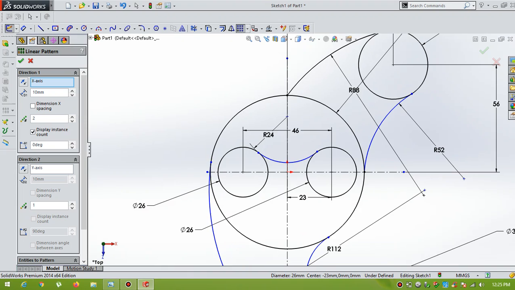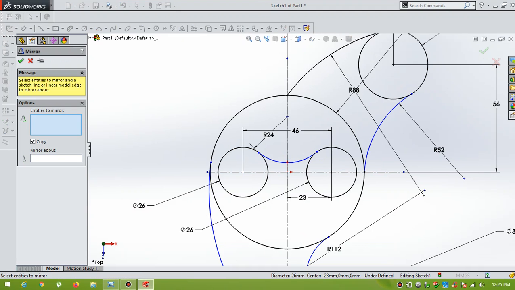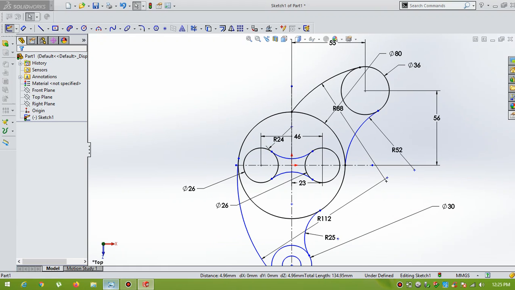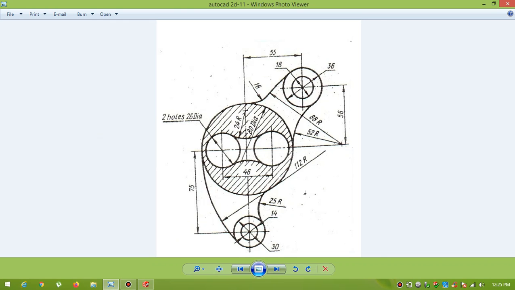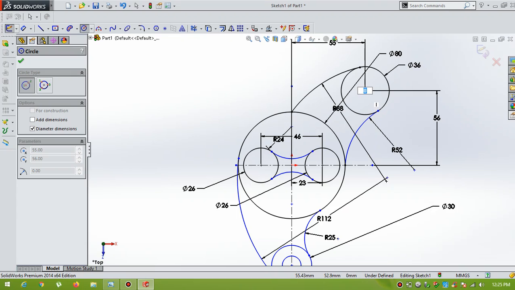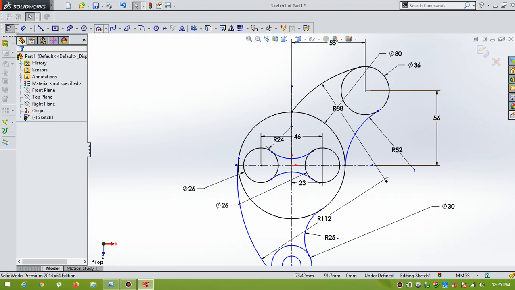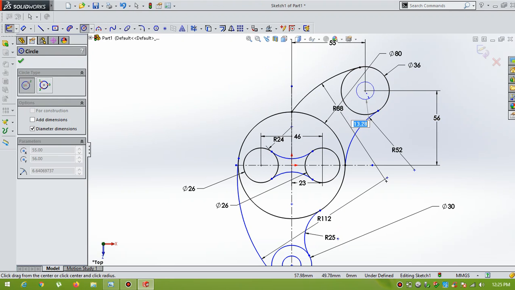OK. At the top we have a diameter of 18. Draw a circle of diameter 18.